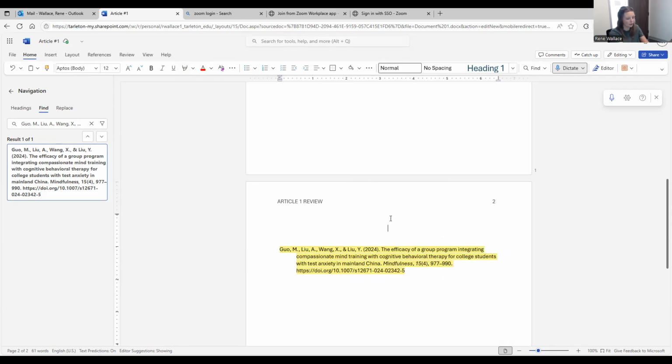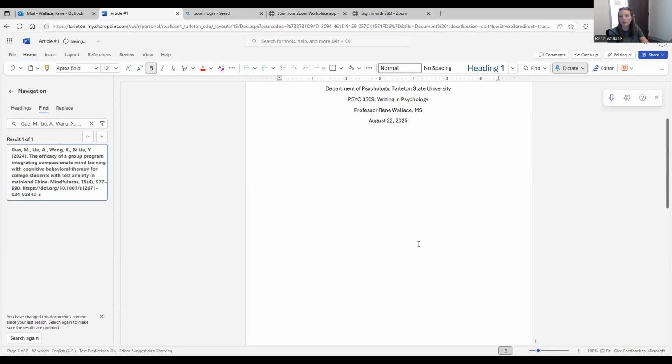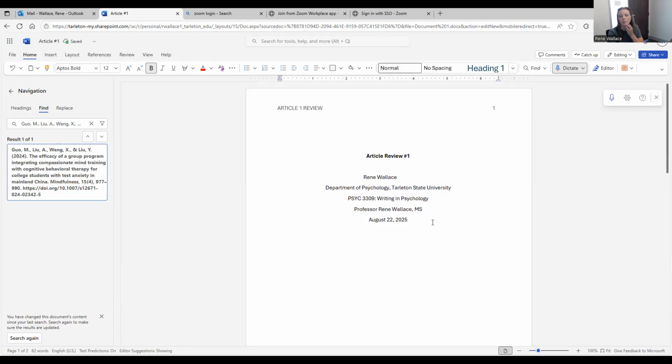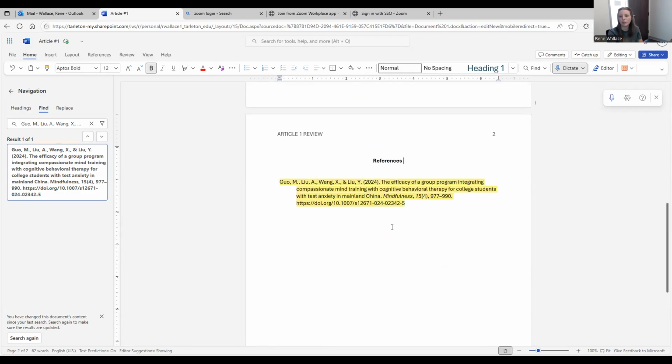And then your header here. It's just References, not in all caps, and in bold because it's a level 1 heading. That's it. So this is what you're turning in for this first paper, for this first assignment. It's the title page, the reference page, and the article PDF that I downloaded. So I hope that makes sense.